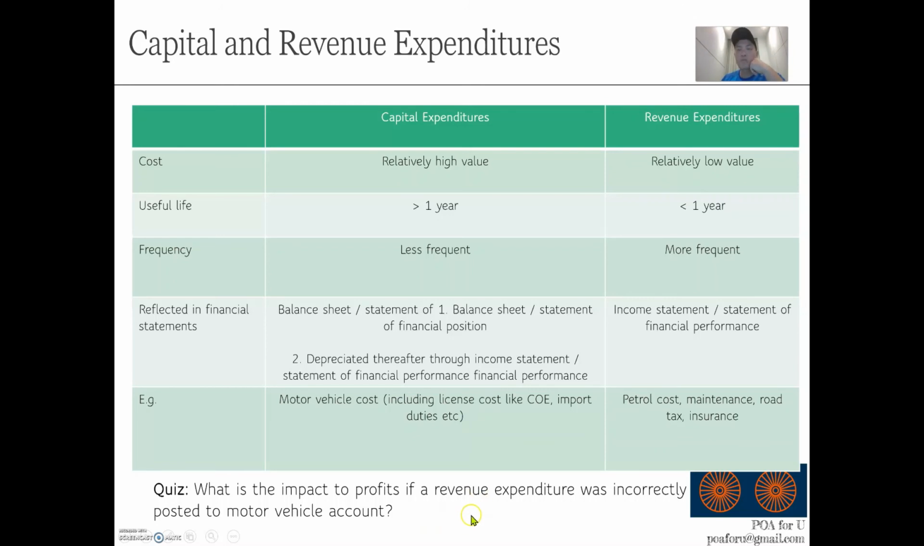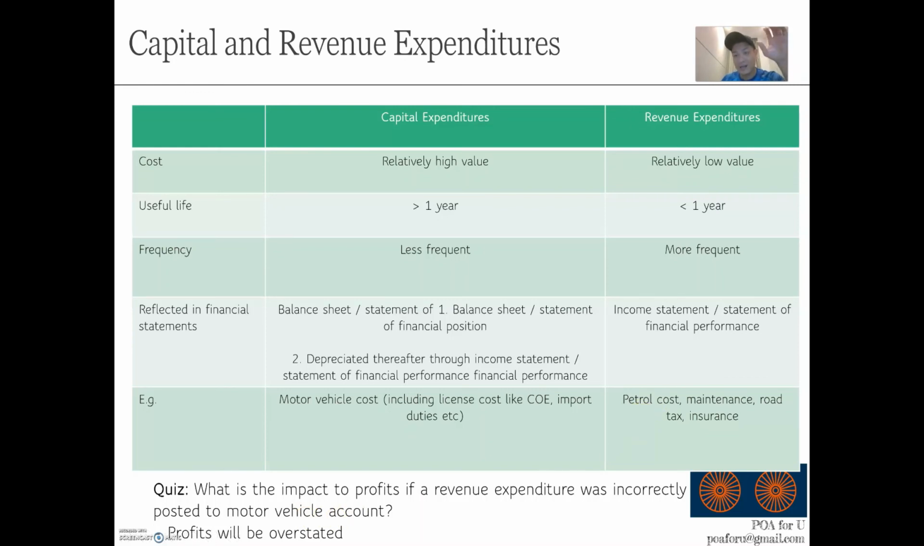What is the impact to profits if, let's say, petrol cost was incorrectly posted to the motor vehicles account? Think about it. It's a common question that will be asked. Okay, I'm going to show you the answer now. Profits will be overstated, right? Because if you take petrol cost and put it in a motor vehicle account, that means you are capitalizing it